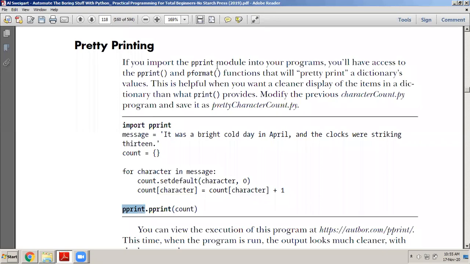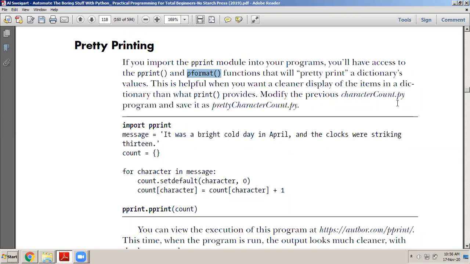If you import the pprint module into your programs, you will have access to the pprint and pformat functions. So there are 2 functions which we make use of, pprint and pformat. That will pretty print a dictionary's values. This is helpful when you want a cleaner display of the items of a dictionary than print provides.